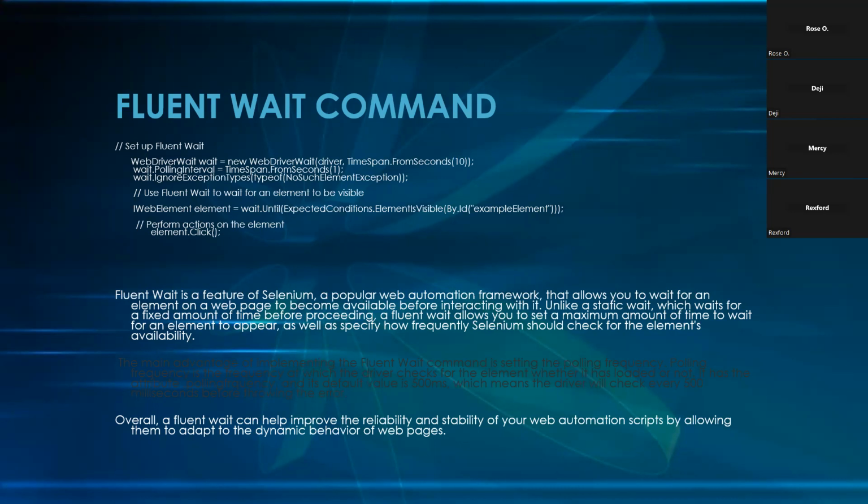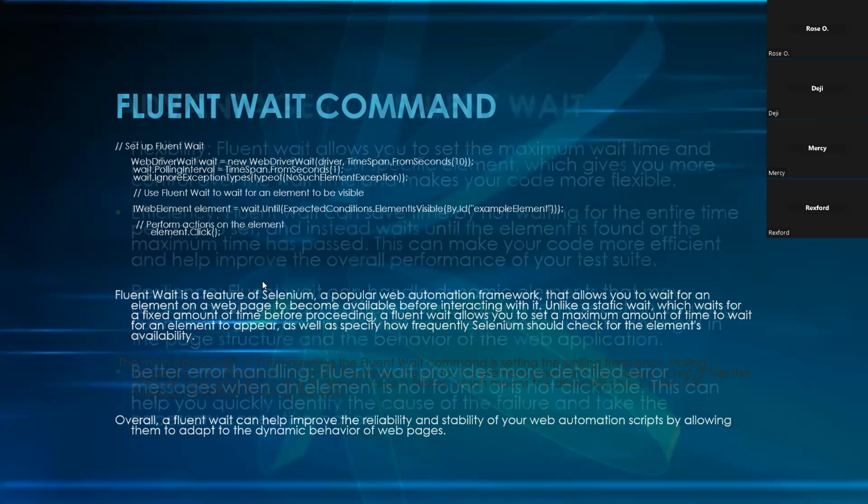So with the explicit wait, we only tell Selenium that this specific element should appear within this range of time, or it should wait until it appears. Selenium shouldn't close it or run the next block of code. But when it comes to fluent wait, you tell Selenium that, oh no,